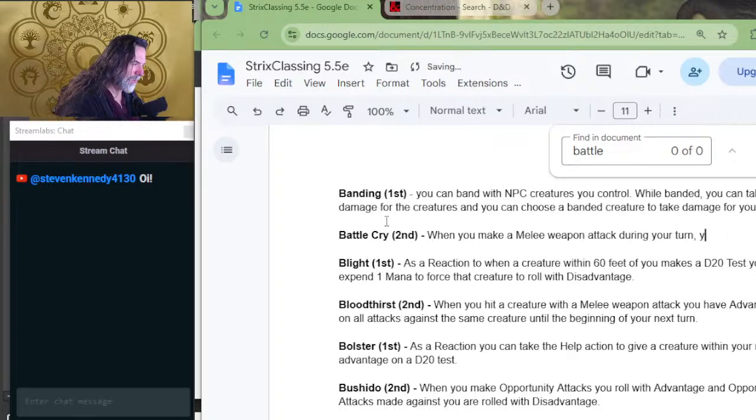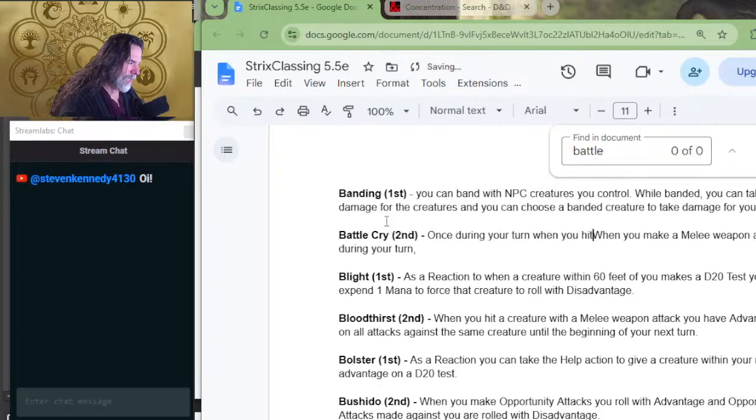When you make a melee attack during your turn, once per turn, once during your turn, when you hit a creature with a melee weapon attack, all creatures